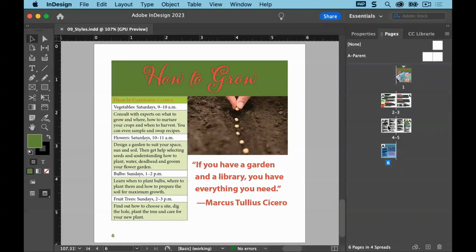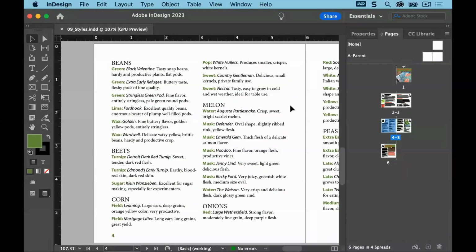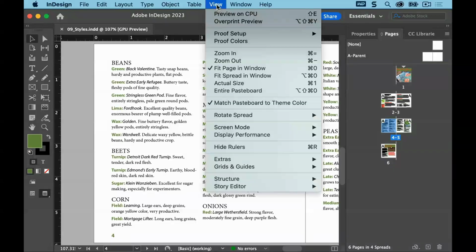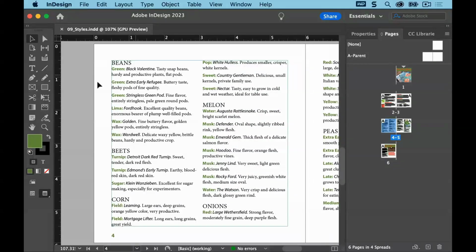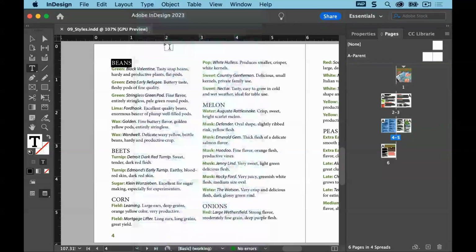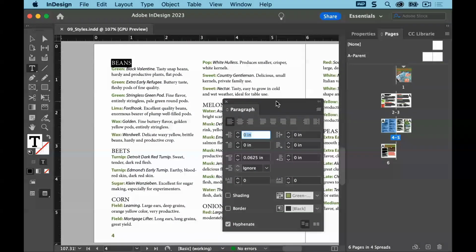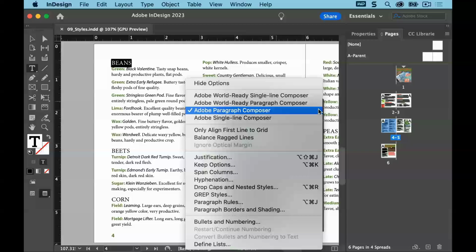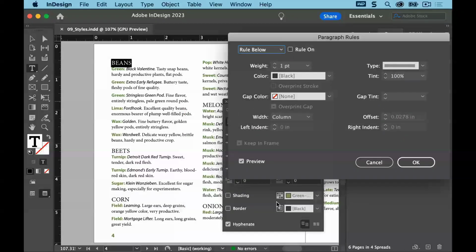Double-click page 4 in the Pages panel, and then choose View, Fit Page in Window. Using the Type tool, double-click in the Bean subhead at the top of the first column. Choose Type, Paragraph to display the Paragraph panel. Choose Paragraph Rules from the panel menu. In the Paragraph Rules dialog box, choose Rule Below from the menu at the top of the dialog box,